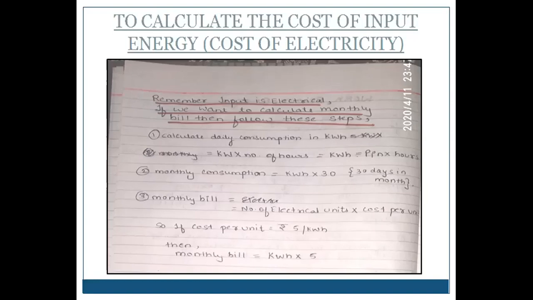Okay, so that will be kWh for one day. If you want to calculate kWh for the entire month, you will multiply that by 30 again. Okay, so this is total kWh for the entire month, and then they give you the cost for 1 kWh. So that cost you multiply by total kWh and you get your monthly bill.